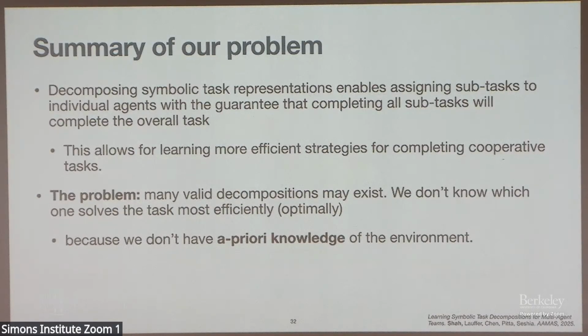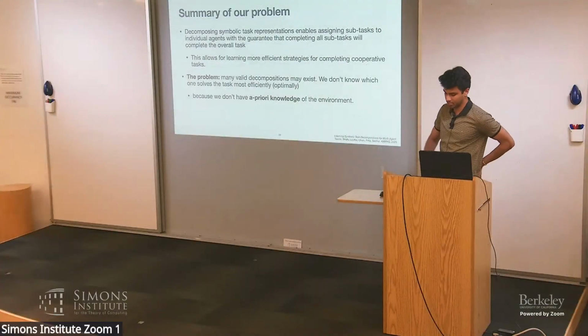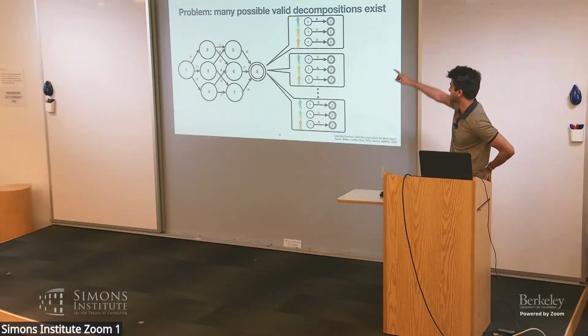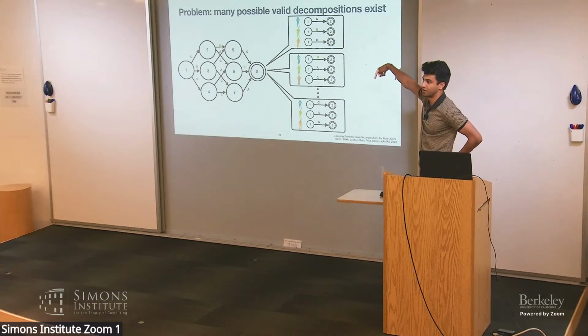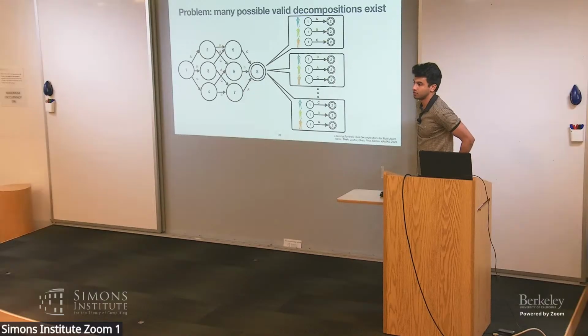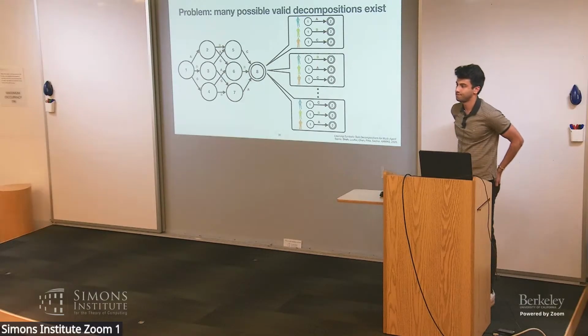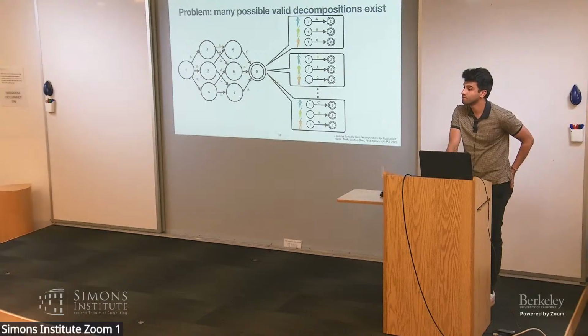So what kind of composition are we talking about? The composition is of these DFAs. We take the synchronous product of the three, and that's the composition rule. I see. So each component task could have multiple steps, right? That's right. And you want to take a synchronous product of them. That's right. Okay.